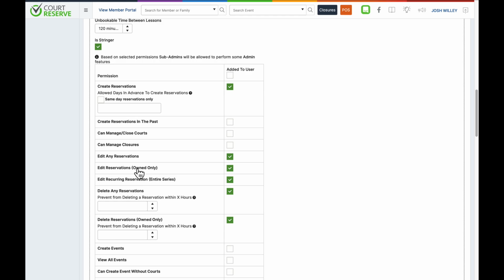And if that is checked, that will mean that only lessons that are booked by this specific instructor can be edited. So if another instructor books a lesson with just owned only checked, this instructor would not be able to edit. And this is based on who is booking that lesson. If an instructor is only allowed to delete their owned reservations, they would only be able to delete or cancel